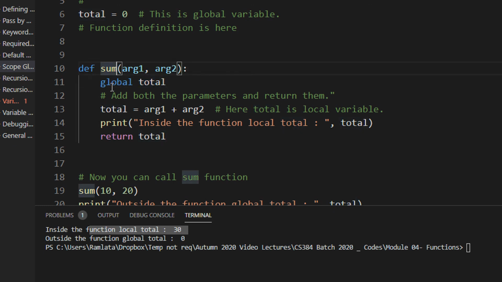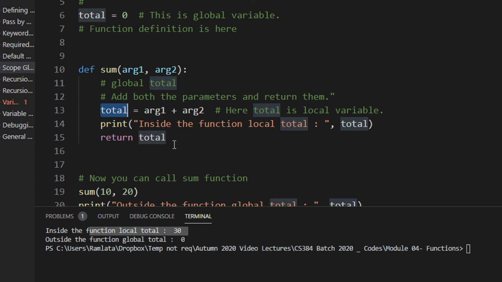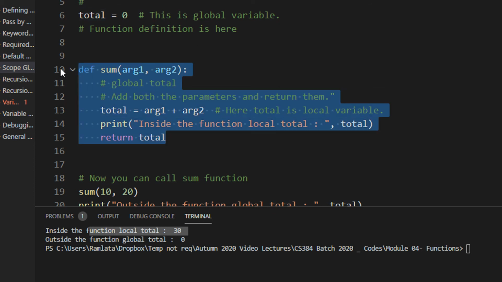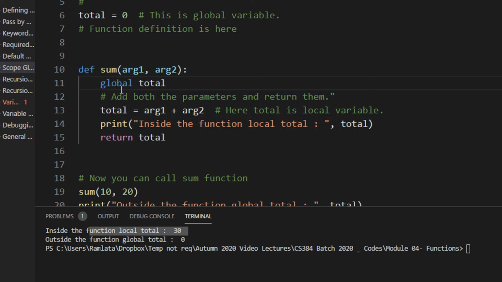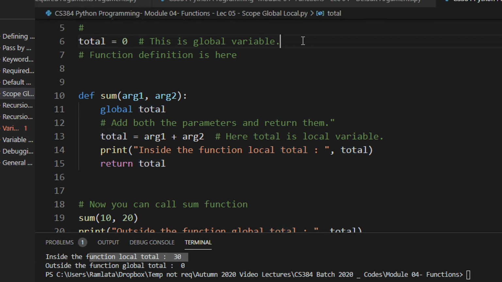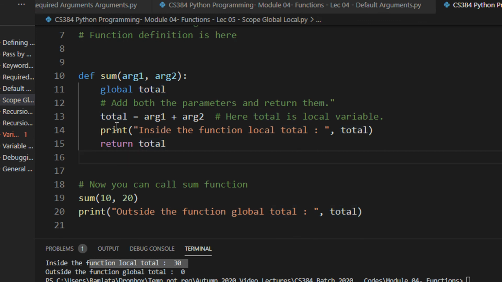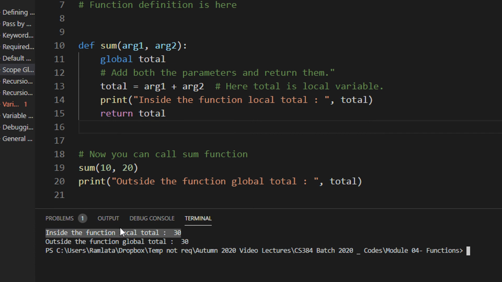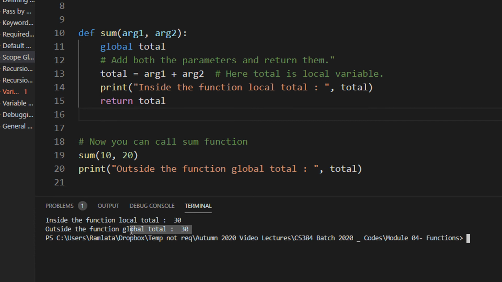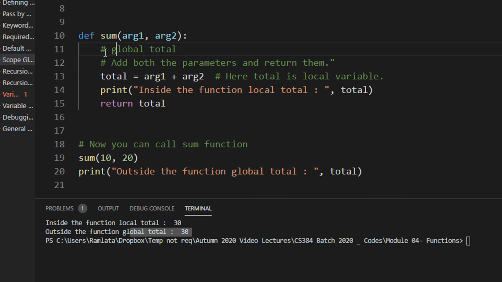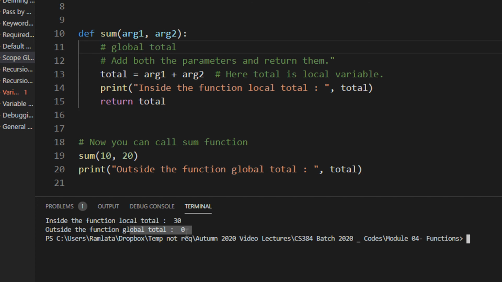Basically if you just write total like this, the interpreter took this total for only this particular function, right? But when you are redefining total as global, the interpreter knows that there is some total in the document which is a global variable, so I need to modify that particular variable, and this is not a local variable. So let us execute the code again, and now you can see inside the function is also 30, outside the function is also 30. Let me comment this global line, then outside the function will be 0 and inside the function will be 30.